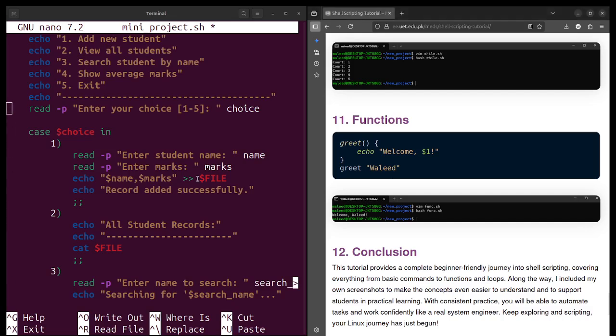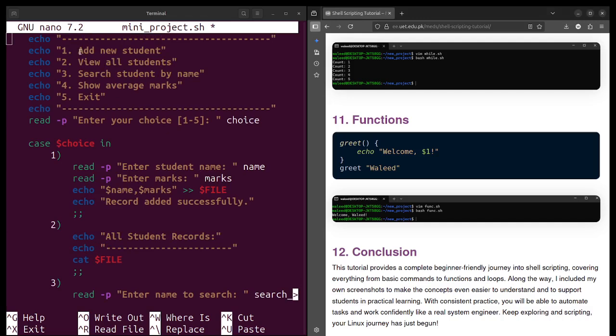Okay, so to add a new student, obviously it will be added by the user. The user, or you say your teacher, will tell the name of the student and marks. So we have used read -p, which is used when you want to get input from a user.